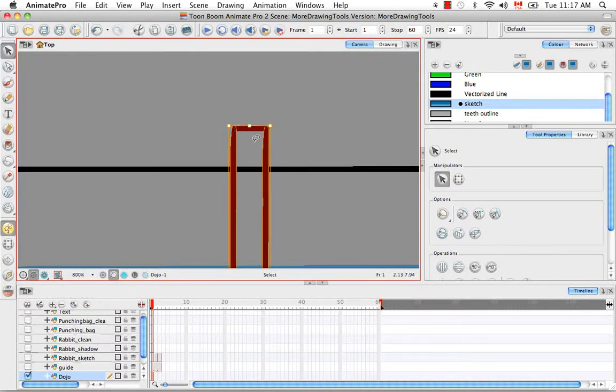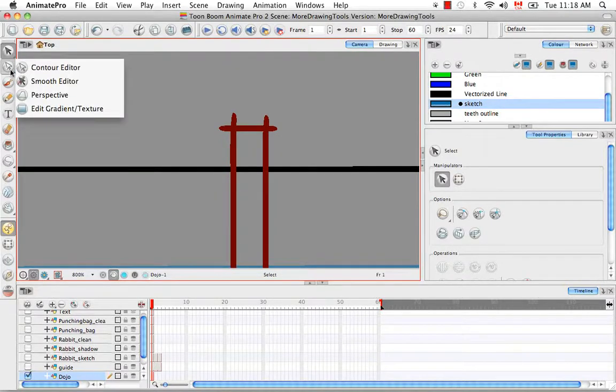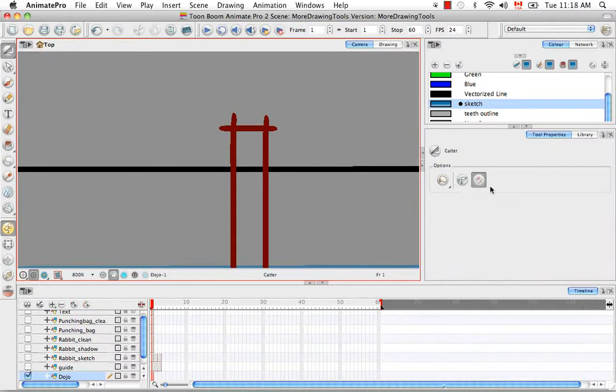So this burgundy beam was drawn with separate brush strokes, unlike the other one that was made with the rectangle tool. Let me just pull the edges out. Sometimes when you paint with the brush tool, you often cross over the corner points because you don't come to a full stop at the corners. As you learned in a previous tutorial, if you use the cutter tool with the mouse gesture, you can get rid of these